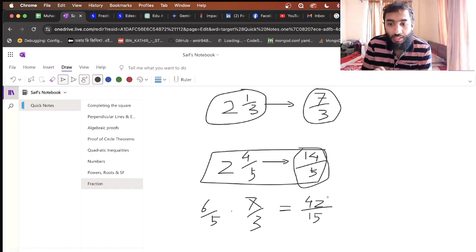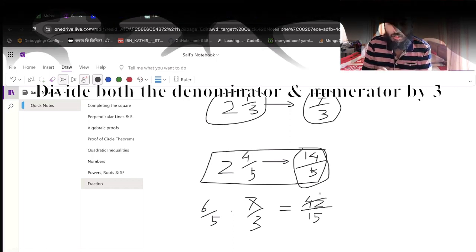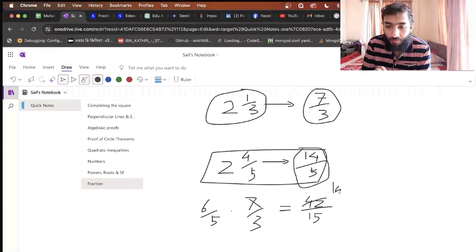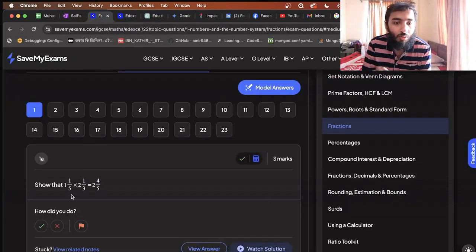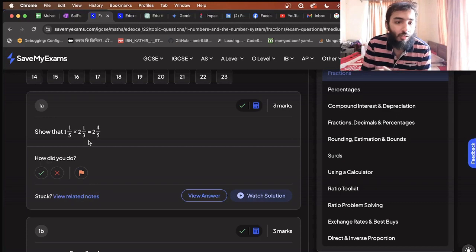If I divide both 42 and 15 by 3, what do we get? Can we divide 42 by 3? Yes, we get 14. And can we divide 15 by 3? Yes, we get 5. So as you can see, this was the representation we get. The left hand side and the right hand side are equal. So this is how you can solve this